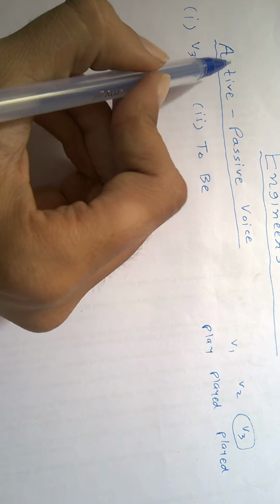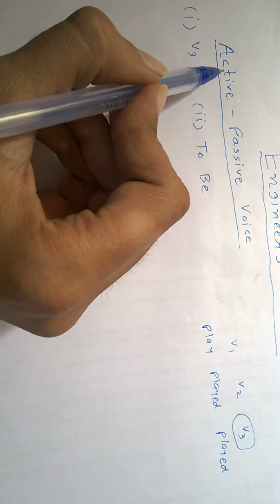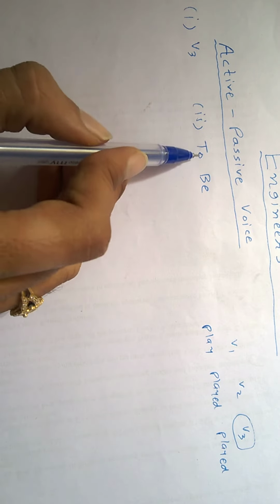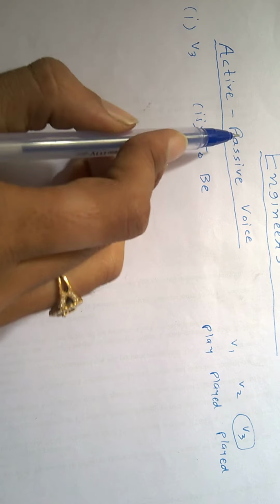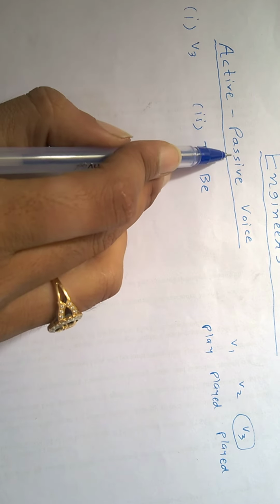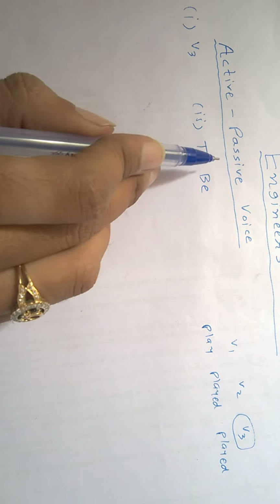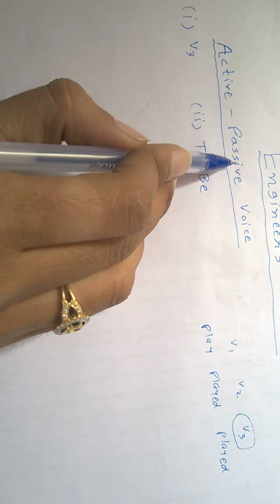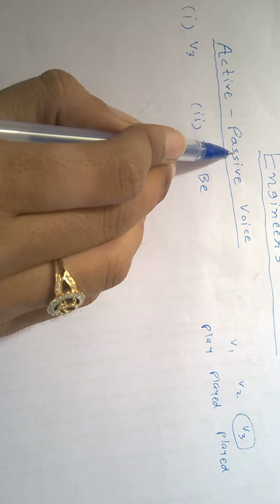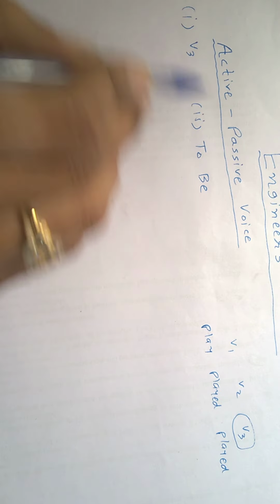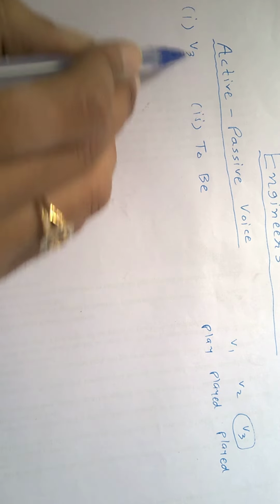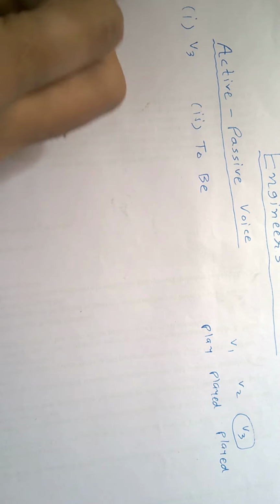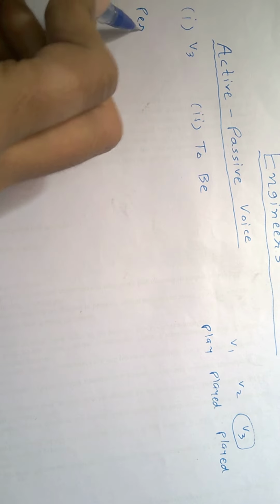This technique is because in some tenses like simple present tense or simple past tense, we don't need any to be in the sentence, but to convert passive voice from that active voice we must require to be in passive voice. So only two things are useful to convert passive voice from active voice. So in any type of passive voice we must require both things, the third form of verb and to be.